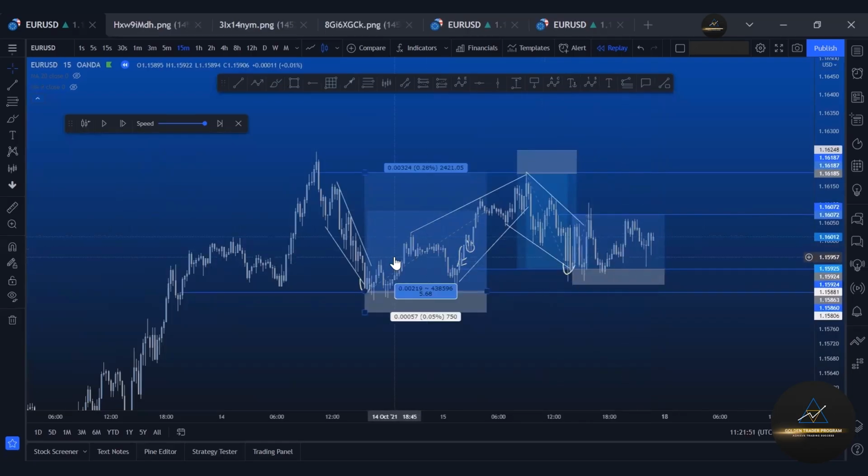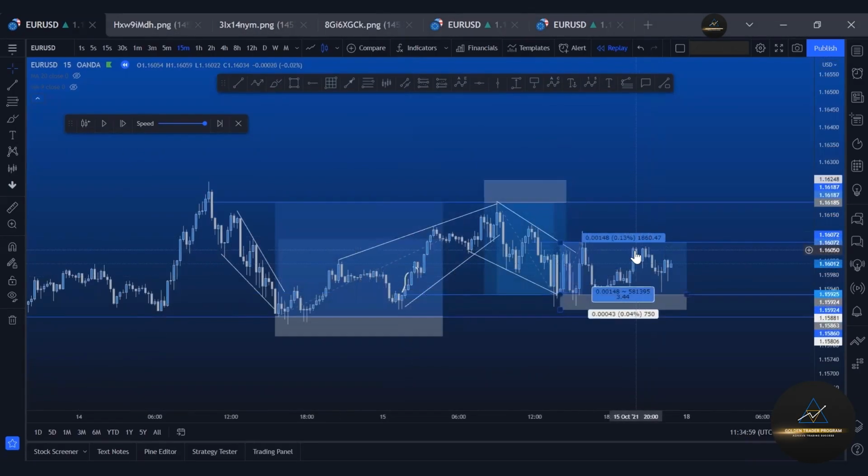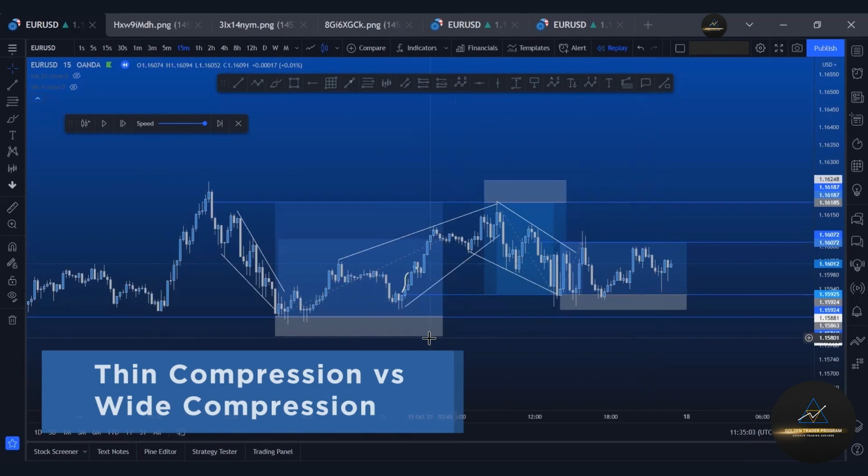That adds up to around 8, 9, 10, 11, 12, around 13R on average in the space of one day. A 13R, one market. This is why you don't need to be trading 30 markets all at once. One market is enough. Now, just to redefine what I mean about the size of the compression and the breakout,